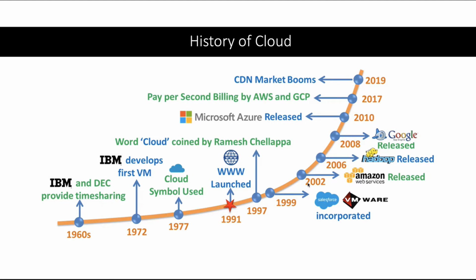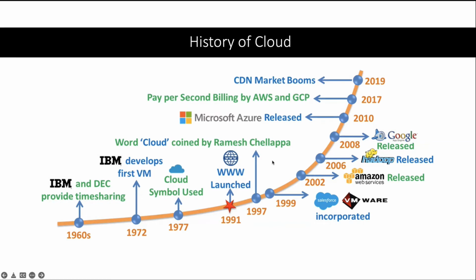And still, this is going on. IoT has come in, so IoT has been integrated. AI has come in, so AI has been integrated. Machine learning capabilities have been integrated. So this keeps on improving. And that's the reason why we cannot say that once I went through cloud in 2010 and I'm comfortable today as well. You have to grow with the way cloud is changing its dimensions in terms of providing services. But we all are lucky because the term cloud was coined by an Indian, right? His name was Ramesh Chellappa. So this is a brief history of cloud.